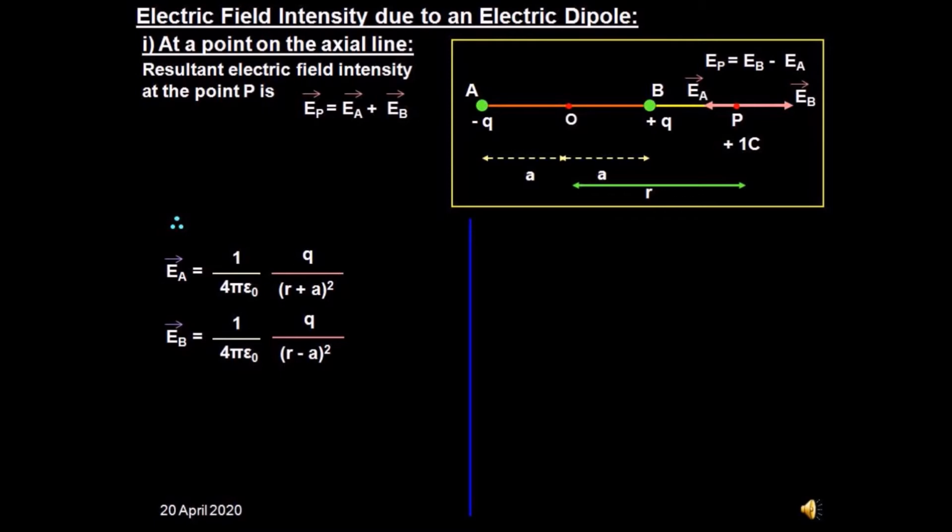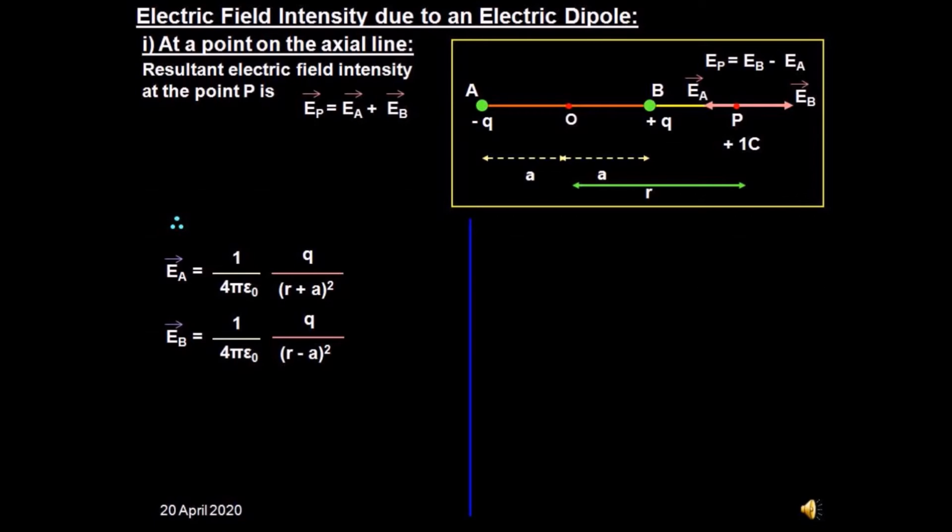Now the second calculation. We have to find the electric field due to the second charge, which is plus q charge at point B. So what we have to do? Forget about the charge at A. Firstly we will find the second electric field's direction, which is found by keeping a unit positive charge at P. So this positive charge will get repelled by the charge at B. So EB's direction is away from the charge. Now the magnitude of EB.